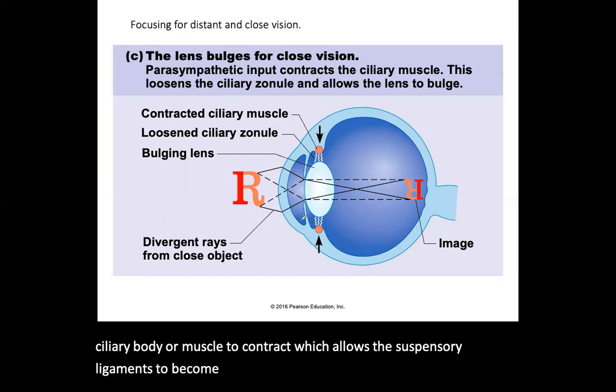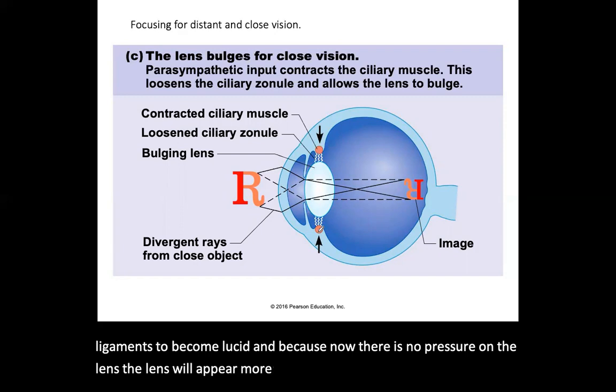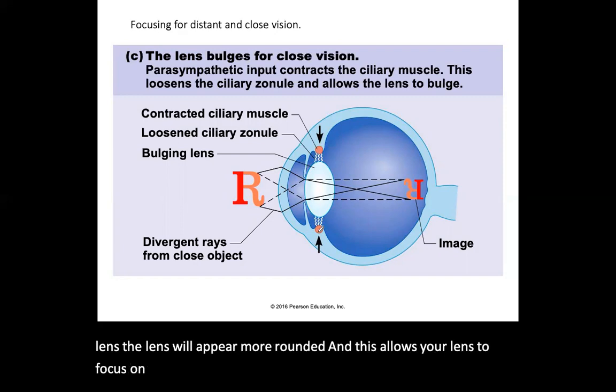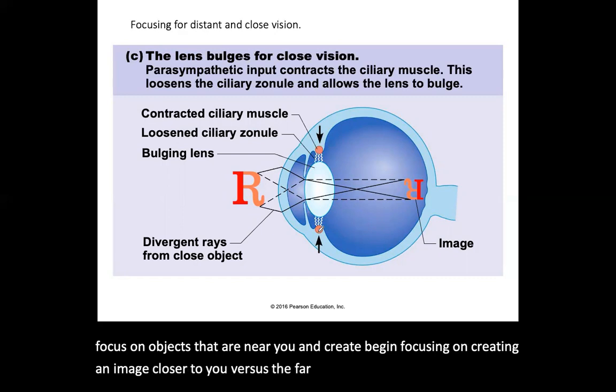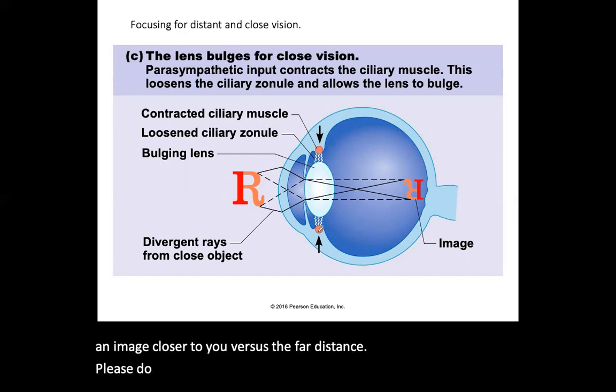And because now there is no pressure on the lens, it will appear more rounded. This allows your lens to focus on objects that are near you, again focusing and creating an image closer to you versus the far distance. Please do note that this adjustment of the lens is extremely important in terms of your capacity to focus on